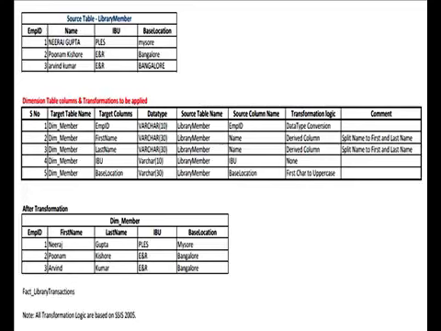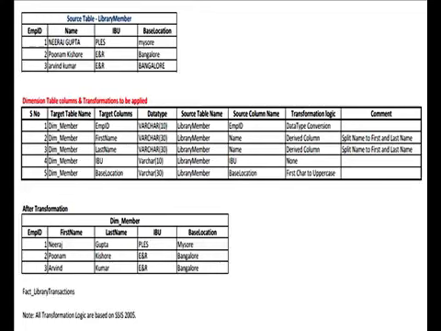Now this table maintains the details of employees. Assume that the details of this employee data is managed by the HR department in an Oracle database. The columns stored in the library member table are employee ID, employee name, IBU, that is the business unit in which the employee works, and the base location.